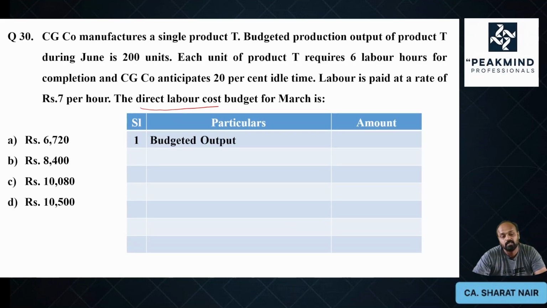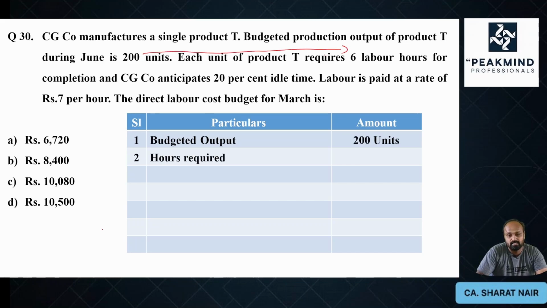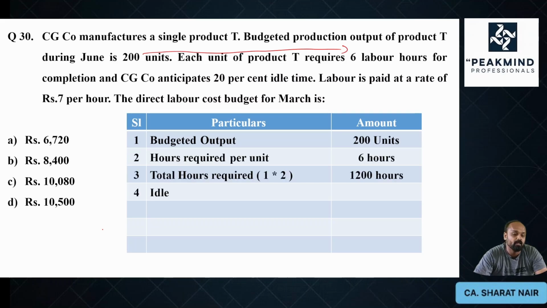So here the budgeted output is how much? 200 units. Hours required will be how much? 200 into 6. How much? 1,200 hours will be required. Now, they have also mentioned that there is 20% of idle time. So please remember,